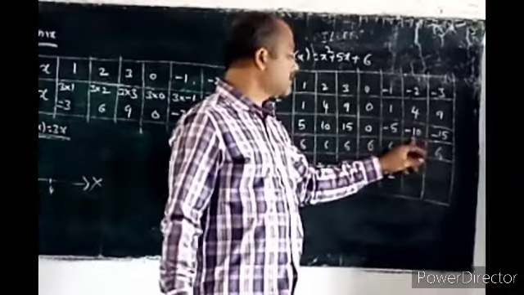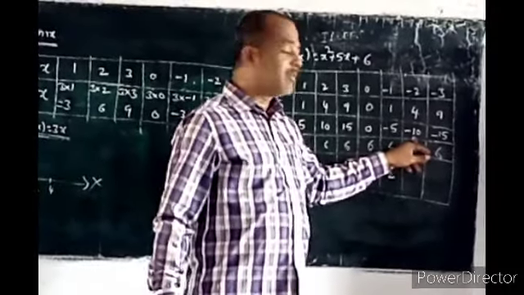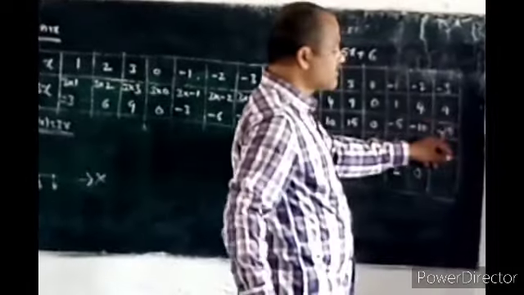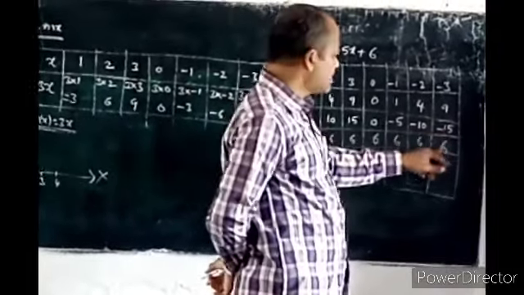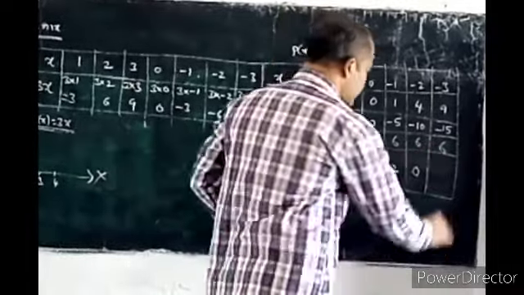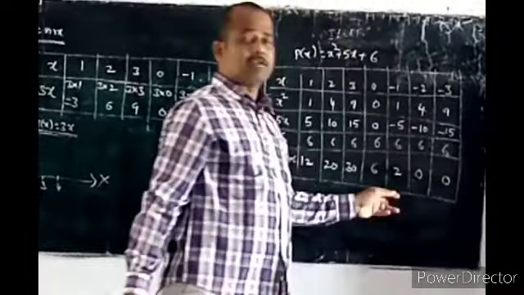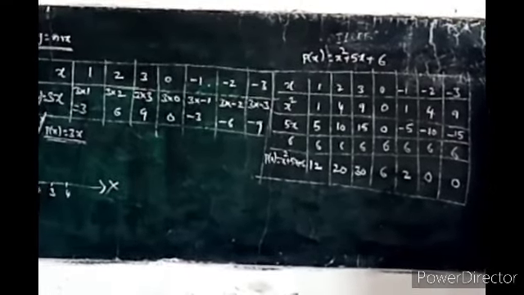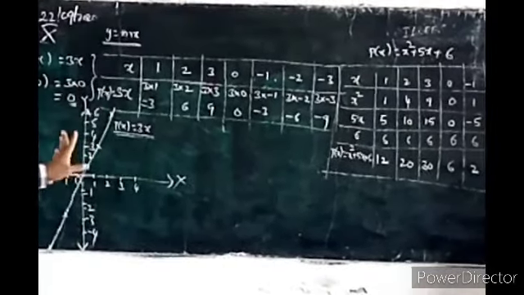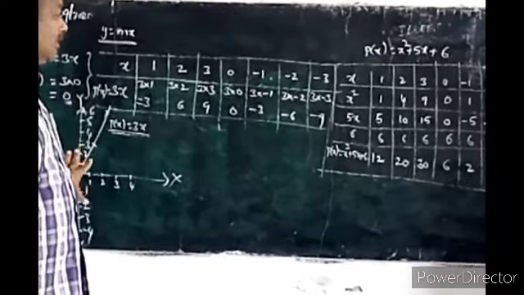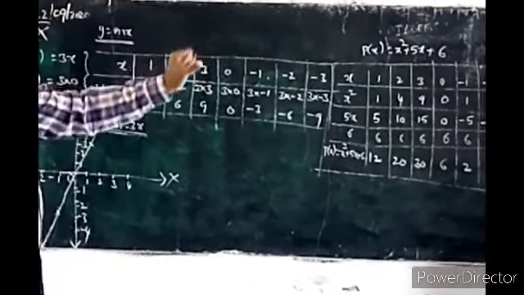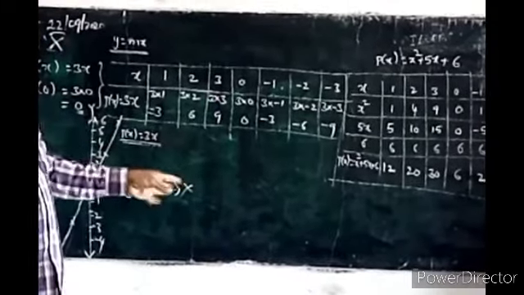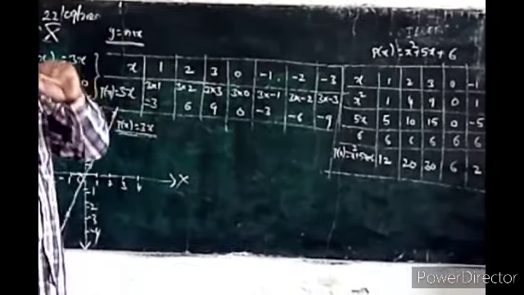Next 4 minus 10, minus 6, plus 6, 0. 9 minus 15, minus 6, plus 6, 0. That means at these two values we are getting 0. Here I have only 1, 2, 3, 4, 5 up to 5 in my graph. So each one is taken as 5 units or 10 units as per my convenience. As per your convenience, you may take the values.